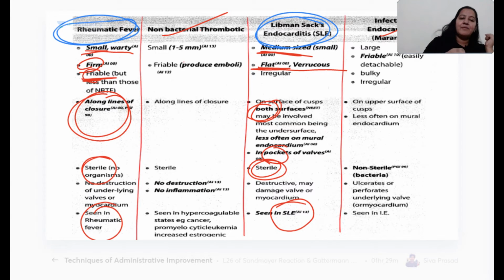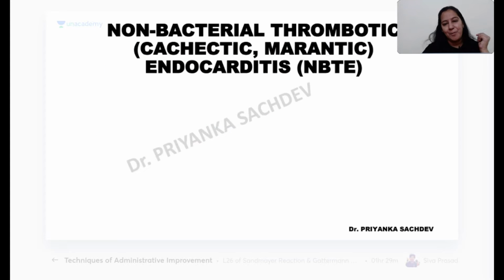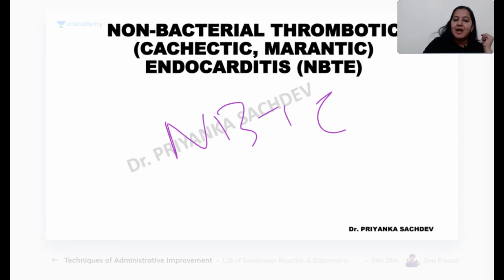Yes or no? So I'm starting the third one, that is NBTE, non-bacterial thrombotic endocarditis. In non-rheumatic endocarditis, we are done with Libman-Sacks, atypical verrucous endocarditis. Now I'm starting with NBTE, non-bacterial thrombotic endocarditis. So write its name, NBTE, non-bacterial thrombotic endocarditis, also known as